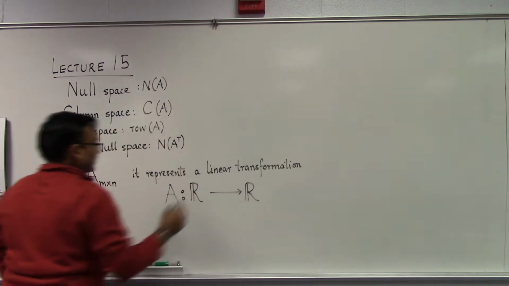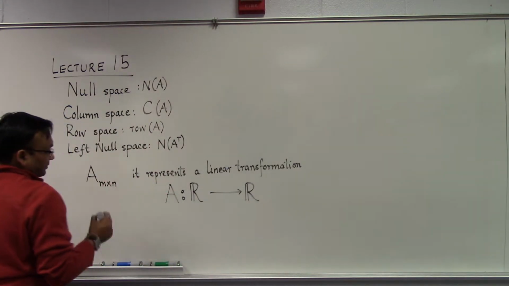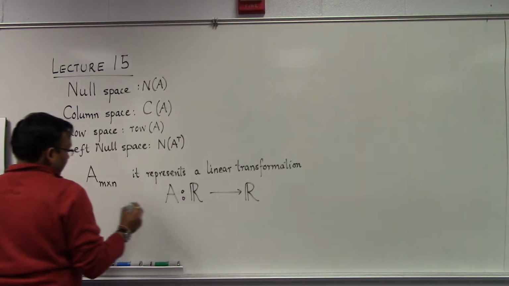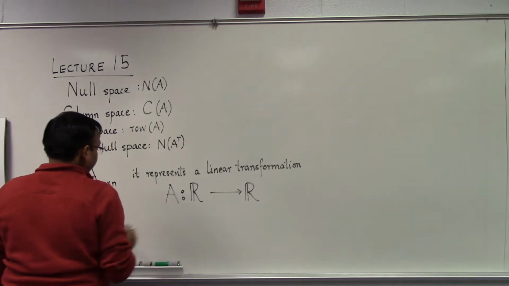We have to be very clear about the dimension of this. A is an m by n matrix, so it has m rows and n columns. So this would be a linear transformation from,